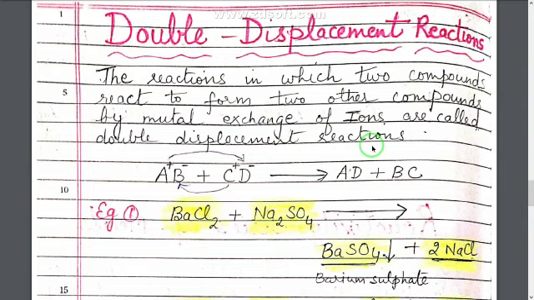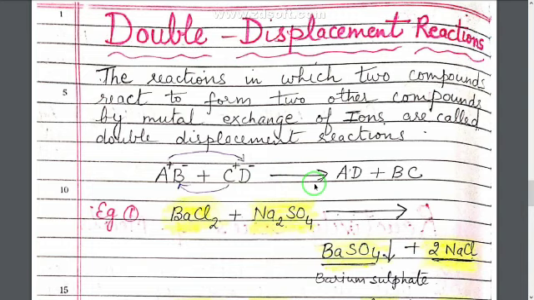This means there are two compounds in these reactions which react with each other, like AB one compound and CD the other compound. In a compound there are two parts, one is the positive ion and the other is the negative ion. So both the compounds have positive and negative parts. Here the first compound decomposes into its ions, and the second compound also decomposes into its ions, because they are taken in aqueous solution form. So the ions separate and they exchange partners.